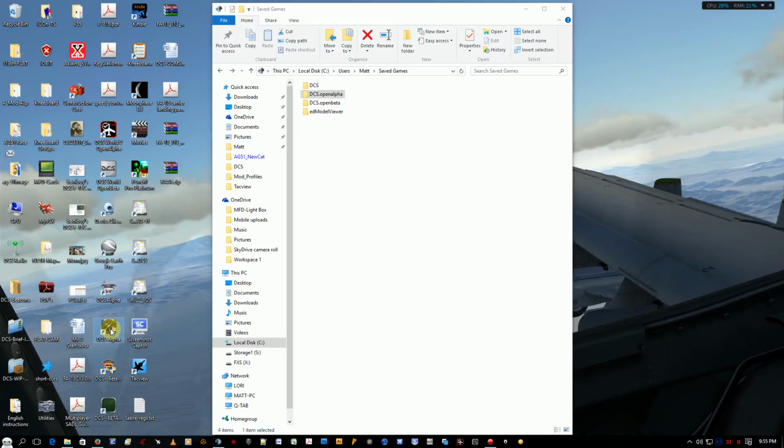This is my DCS alpha, and here's my beta user folder. Alpha user folder, beta user folder, and instead of having to navigate through your user file, your name, and then into saved games,